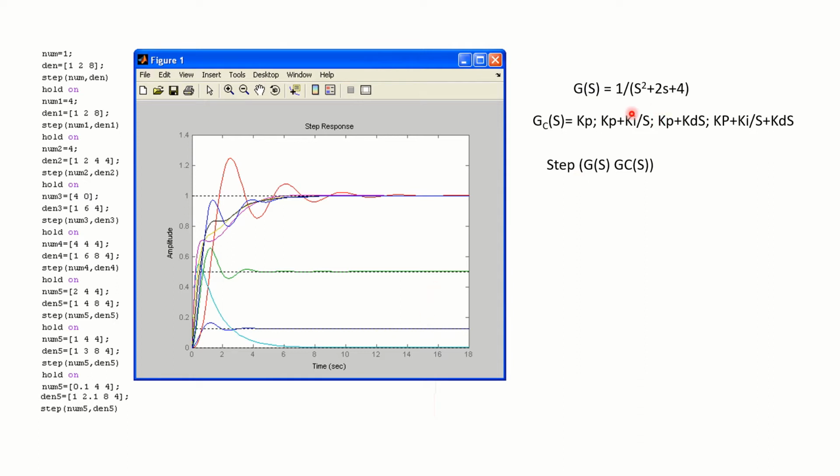Now you give some Kp value, maybe 4. Then again you multiply this, and you get the transfer function. Again you see the response. Probably the response may be like this now. I have not really indicated which one corresponds to which one, and you do not have to worry about it.